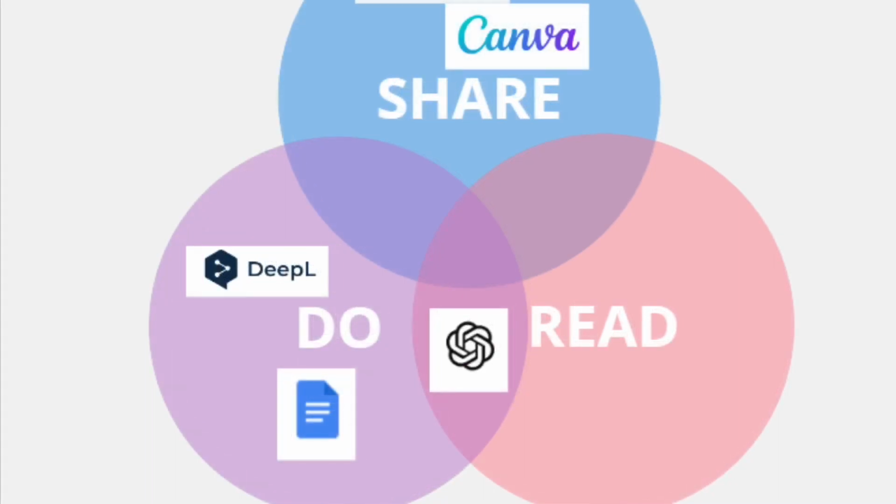And finally, we have Canva and Miro, which belong to the Share section. While I use Canva for creating dynamic presentations, I prefer to use Miro for when the task requires creating some kind of graphic, information map, or schema. Both of them are very well known and useful programs that I will gladly use in the future.